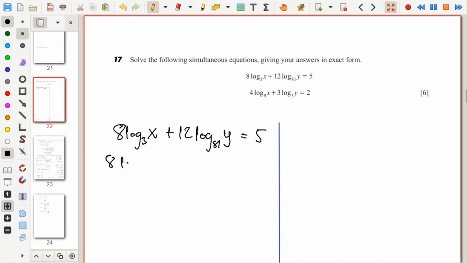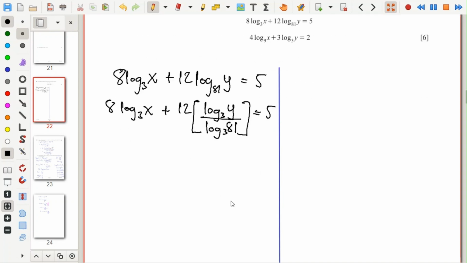So this is the same as, I'm converting this one to base 3. Yes, plus. I taught you how to do it. You write logarithm at the top, logarithm below. So here's y, here's 81. Converting to base 3, so I put 3 here, I put 3 here. So this should give me,